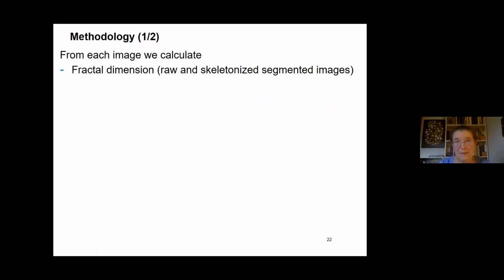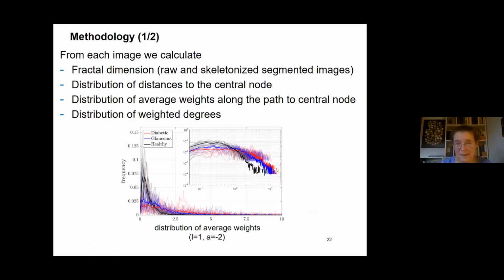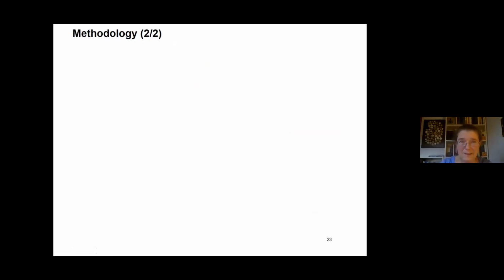So for each image, we calculate the fractal dimension in the 2 types of segmented images. We calculate the distribution of distances to the central node. We calculate the distribution of average weights along the path to the central node, the distribution of weighted degrees, and so on. And this is an example. You can see that from the analysis of the distribution, it's not that easy to differentiate the 3 cases. However,